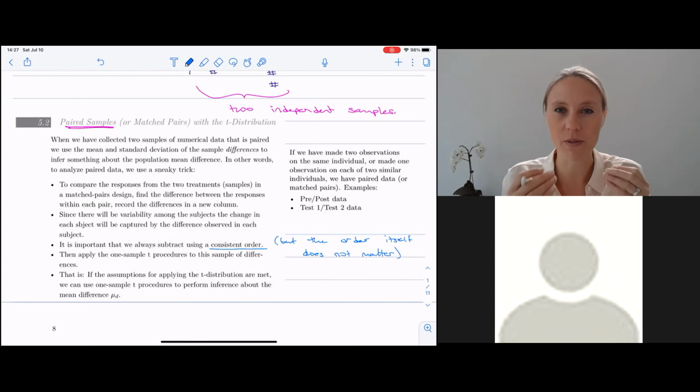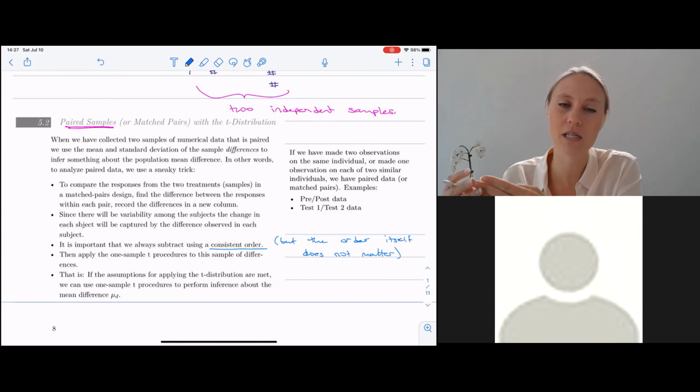And so that's why you have to be consistent because you don't want to switch it up halfway through, right? Sometimes you'll want to do something sneaky like, well, an improvement is typically positive, right? And so then you might want to do test 2 minus test 1 consistently. And then a positive number would be an improvement, and a negative number would be